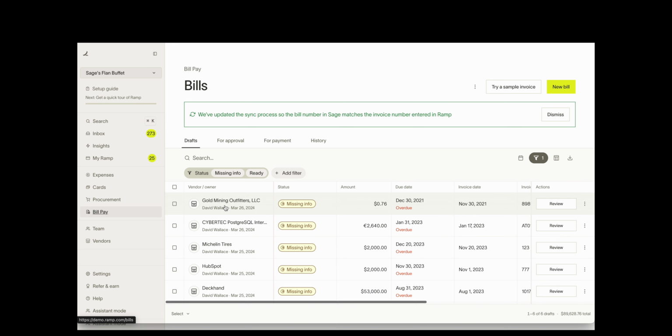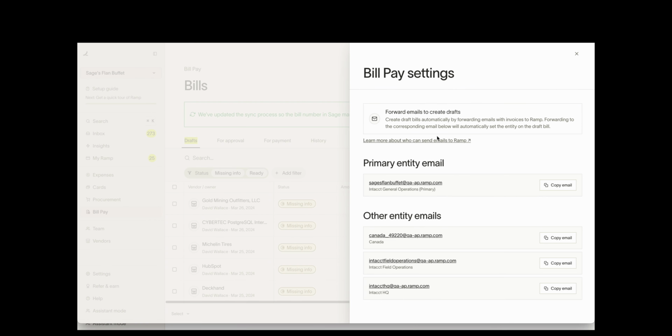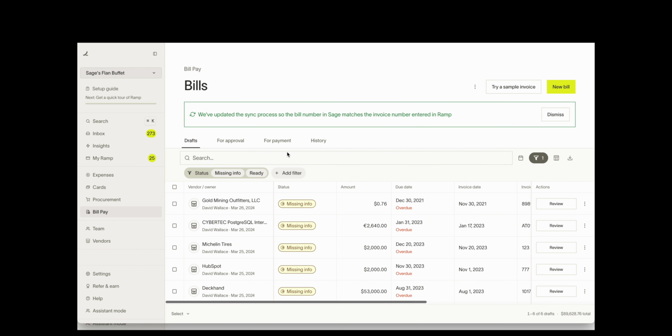First and foremost, how do bills even come in to this draft tab? They simply come in by two ways. One, by your entity email. So within Ramp, we will have an ap.ramp.com email address that when you forward your invoices over to this email, automatically your bill will be drafted for you on screen. The other option is you can directly upload it into the system here by clicking on New Bill,